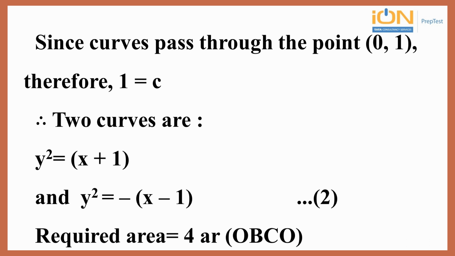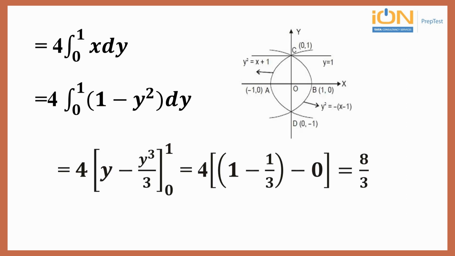Now we have two curves. Taking the plus sign, we get one curve. Taking the minus sign, we get another curve. So y squared is equal to x plus 1 and y squared is equal to minus of (x minus 1). Now the required area will be 4 times OBCO because you see that the graph is symmetric. The required area is symmetric about the origin and also the x and y axes. So it's 4 times the area enclosed by this closed region OBCO, and we shall find this area